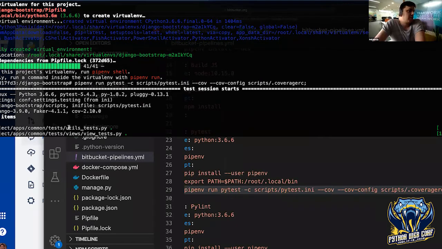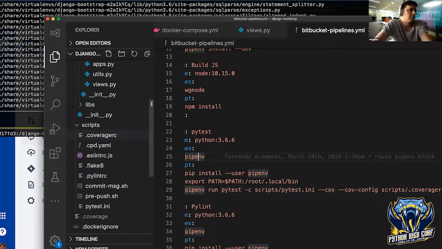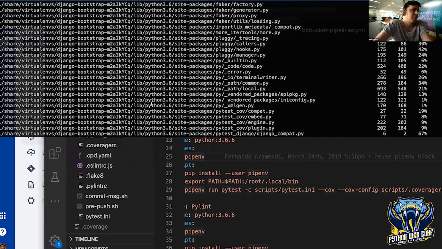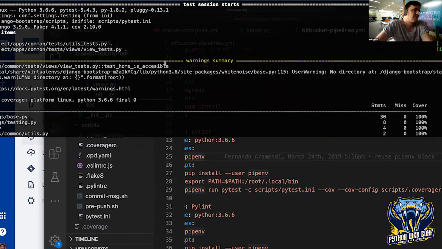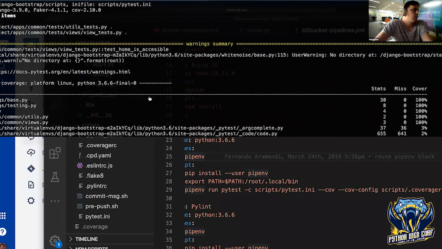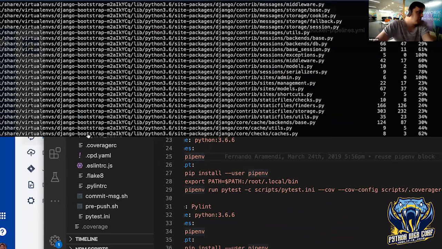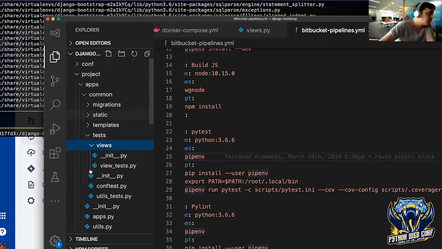This is running the tests. By the way, on this project we're using PyTest to run the tests. Just a warning, I'm not sure what this is about, but oh yeah, I'm missing a directory here, but it's just a warning. I was thinking that one good thing about PyTest,